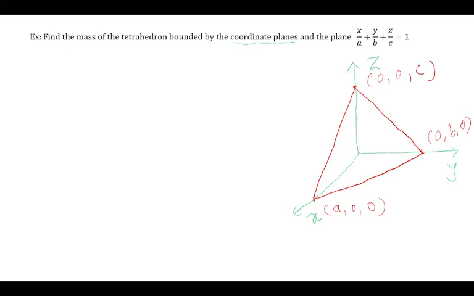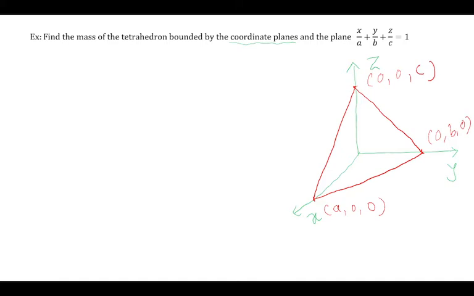And you will observe now this is our tetrahedron, which has four triangles as the boundaries of that solid. The base is there, which is in the xy plane, so that triangle, and you'll observe one triangle is oblique, and the remaining three triangles are in the xy, yz, and zx planes. That is a tetrahedron. Now our aim is to get the mass of this tetrahedron, and you will observe nowhere is anything written about the density. Density is not given.